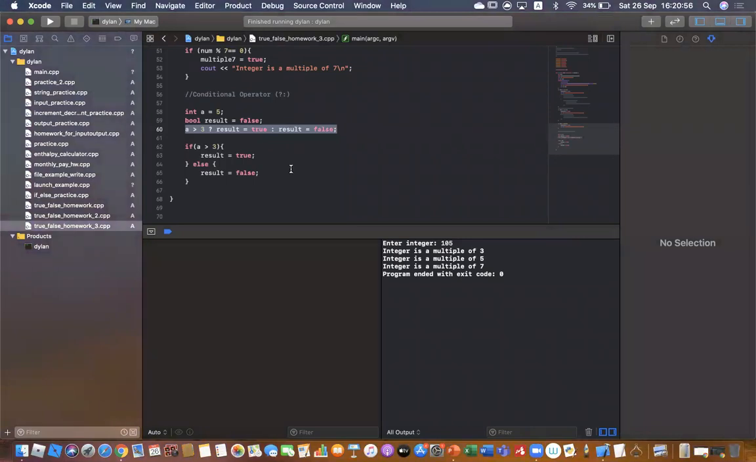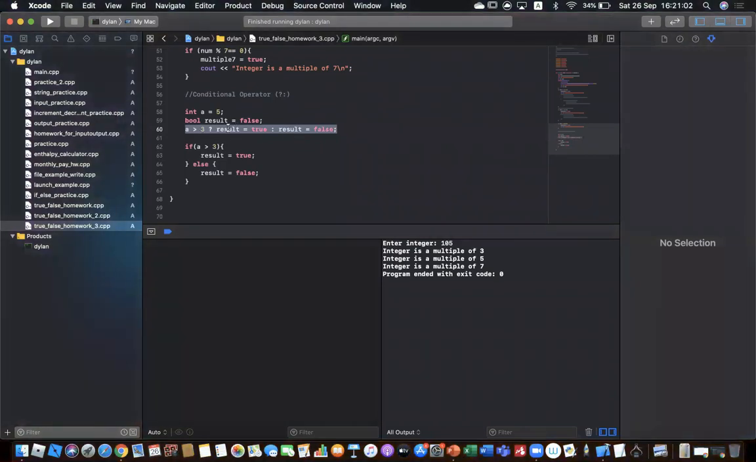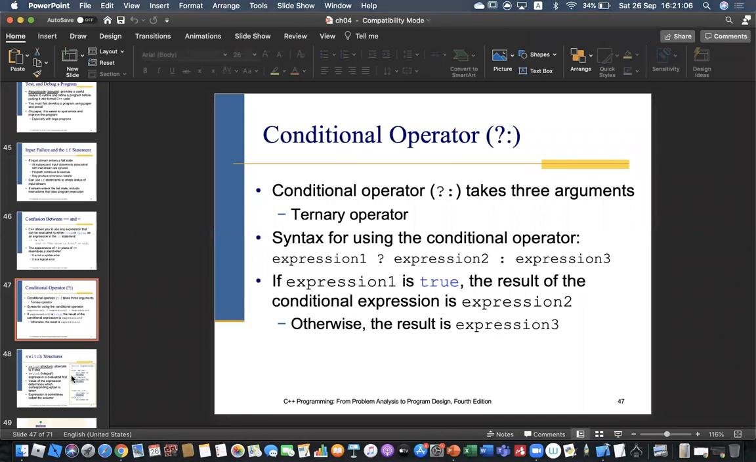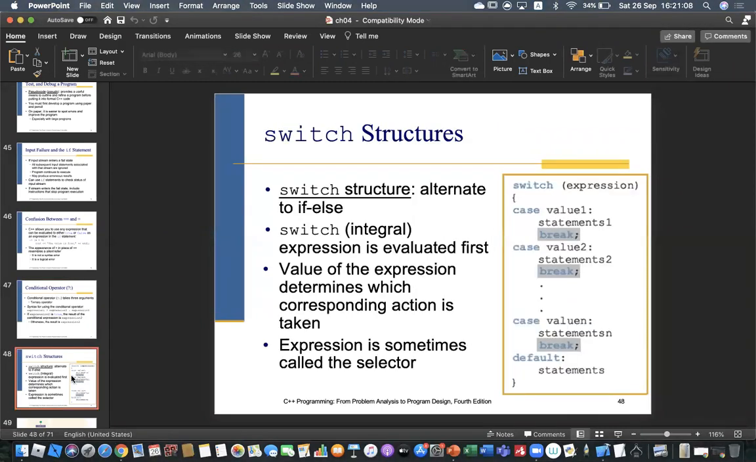So next time if your senior's code is like this, don't worry. It's basically conditional operators. They're using shortcuts. Any questions before we move on? No questions. Okay, the next thing that you need to know about selectivity is what we know as